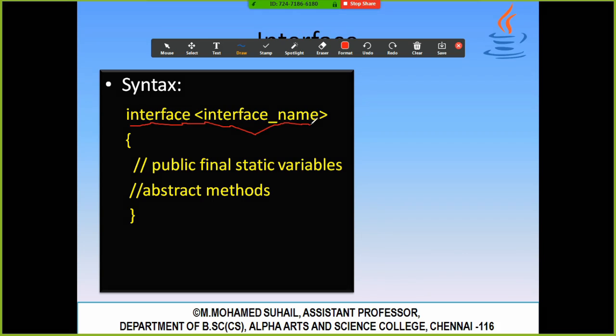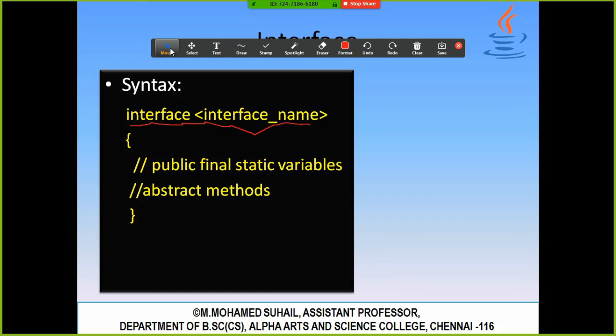Now what you have to understand is, I want to go to the next slide. If I click the arrow button, it won't go because it is still in the draw mode. So what I have to do is first come out of the draw mode by clicking the mouse. Now click on the slide again, then I can move to the next slide.